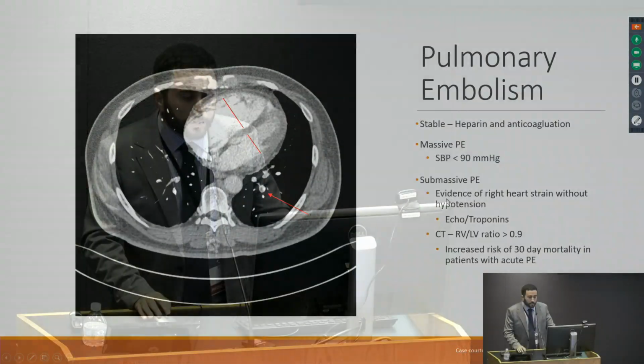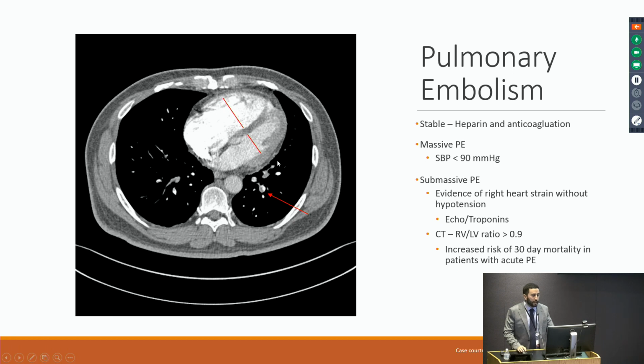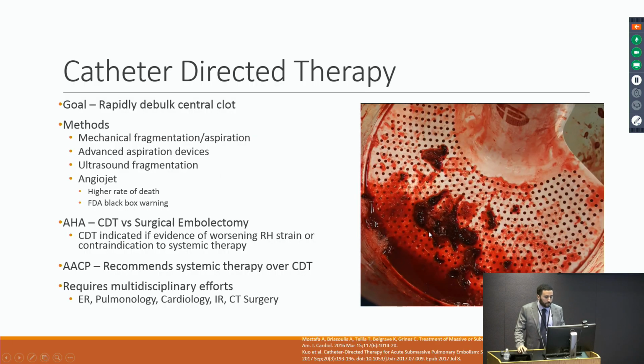It's this area of the submassive PE. The patients who have right heart strain, they might have elevated troponins, they have elevated pressures on echo. What do we do with those? And there is some conflict in how to treat these patients amongst the different societies. The thing we do know is that these patients, regardless of how we treat them, do face significant mortality in that initial 30 days. So this is actually from a case I did two weeks ago